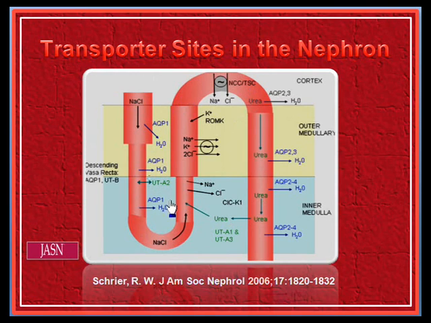Then again AQP1 channels in the descending limb of the loop of Henle for free transport of water into the interstitium. The sodium chloride goes up here, and then again further loss of sodium and chloride in this part of the thin portion of the ascending limb of the loop, and then again here there is an active loss of sodium and chloride along with potassium into the interstitium, and this is the thick portion of the ascending limb of